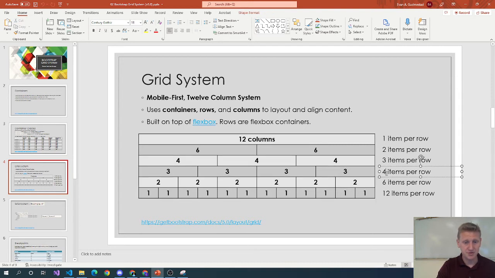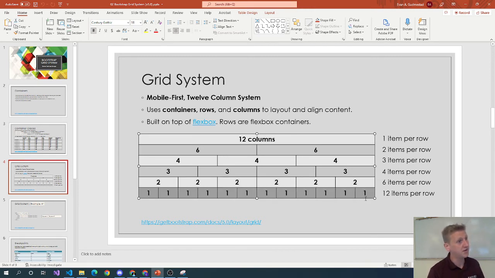3, 3, 3, of course, 4 items per row. You got a bunch of 2s, and so that's 6. And if you got a bunch of 1s, that's 12. And so